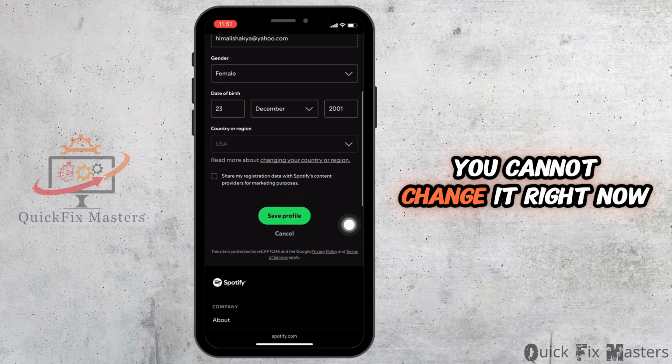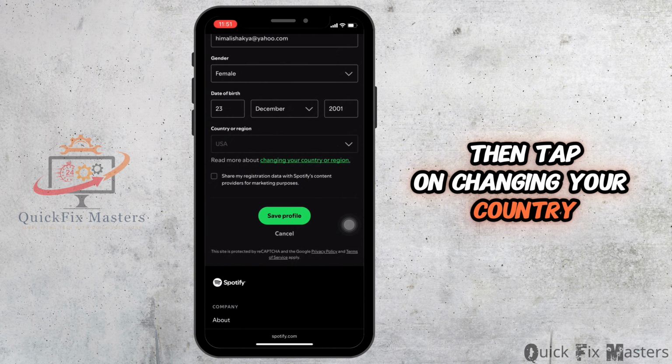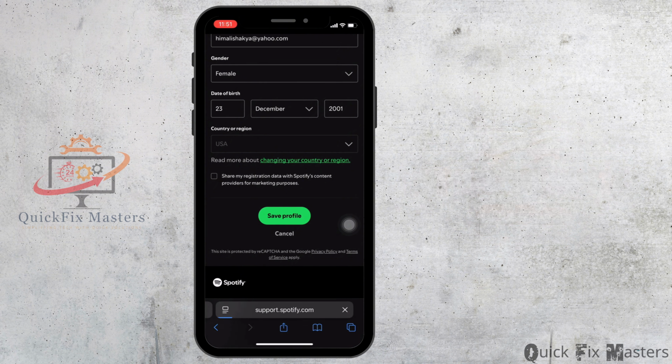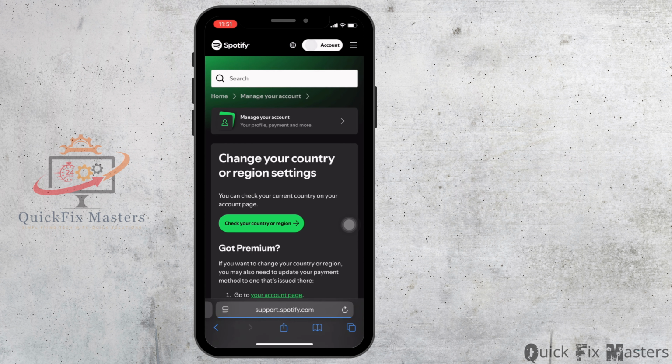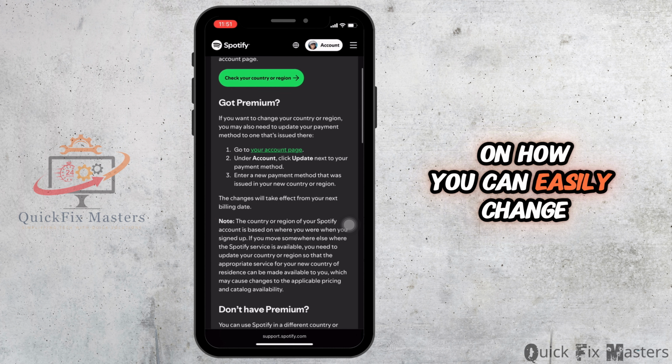Over here, you cannot change it right now. If you really want to change, then tap on Changing your country or region. Wait for a while for it to load. So on this page, it will show you the step-by-step process on how you can easily change the country or